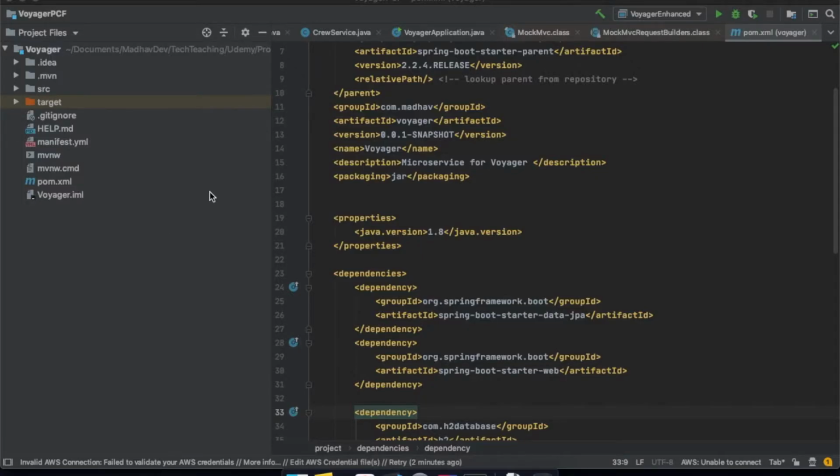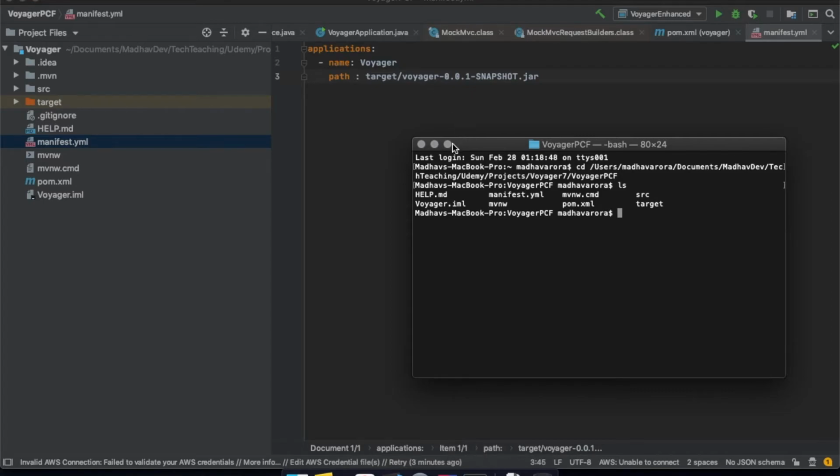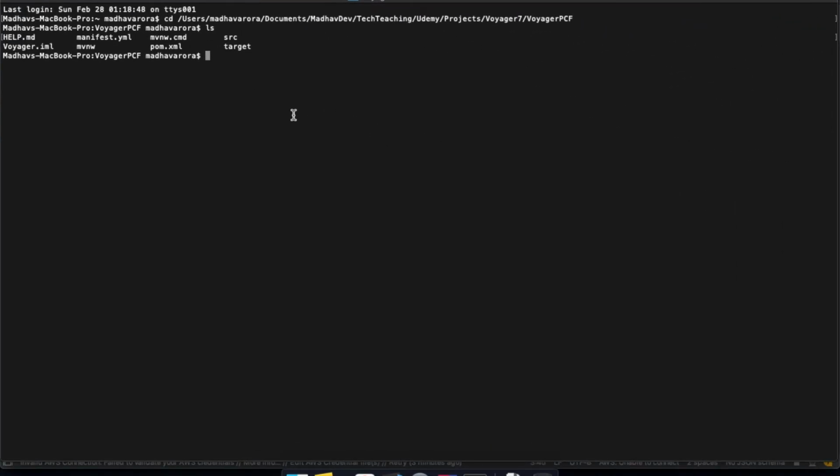I'm in my workspace now, so the Voyager application is there, and if I look at my pom.xml, I have my packaging as jar, and if I look at the manifest file, it has the application name and the path to my jar file. So that's the minimum configuration that we need for deploying our app to Cloud Foundry, right? So let's go ahead and open a terminal. Let me just expand it. In my terminal, I'm at the same path,